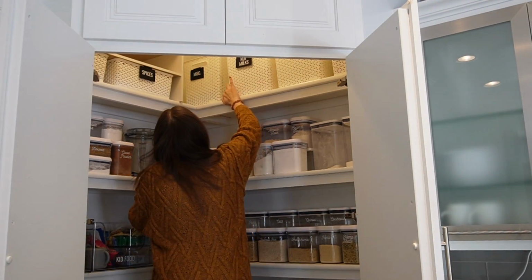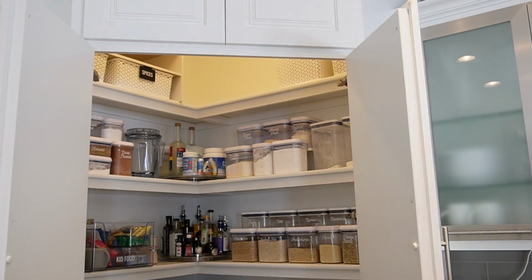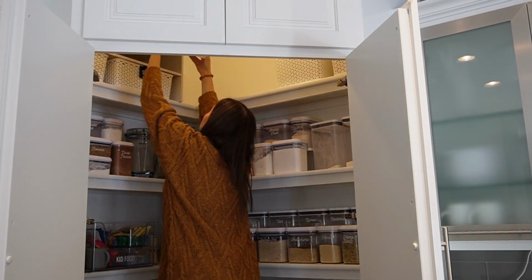It is week 4 of the Sophisticated Declutter. It's our last week in the kitchen, so I thought I would share a little bit of decluttering here on